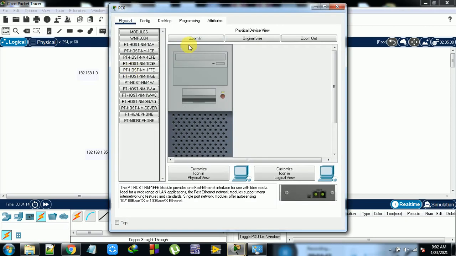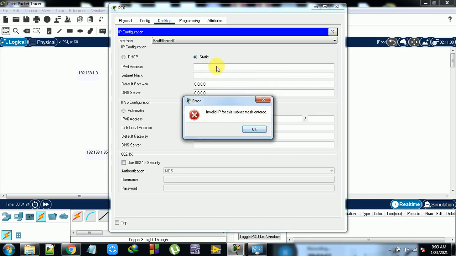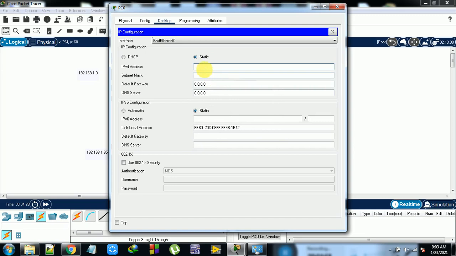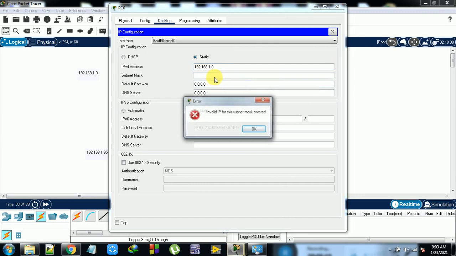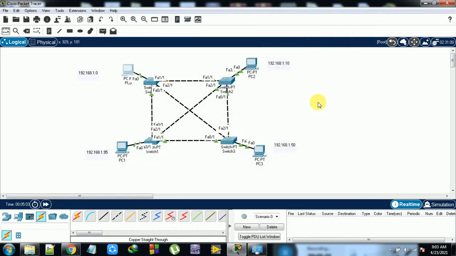Now I want to change the inside configuration. The address 192.168.1.0, and the subnet mask 255.255.255.0.